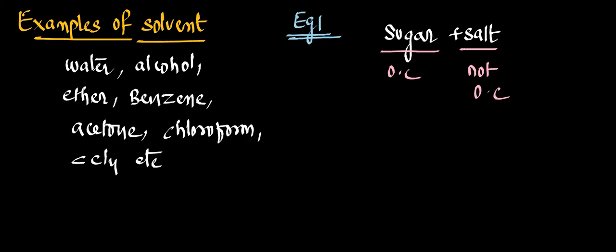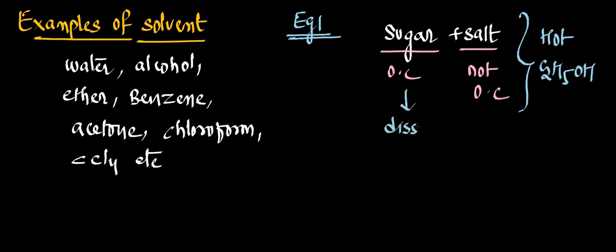So what is a suitable solvent in this case? We take hot ethyl alcohol. We just take hot ethanol, which will serve as a solvent for this mixture. So when we dissolve in this hot ethanol, what happens? The organic compound sugar dissolves in the solvent and crystallizes out. The salt does not dissolve. So one is dissolving, the other is not dissolving, so it will be easy for us to separate these two